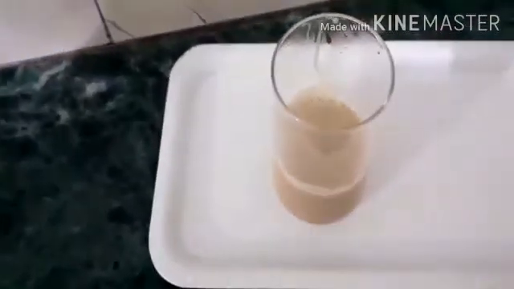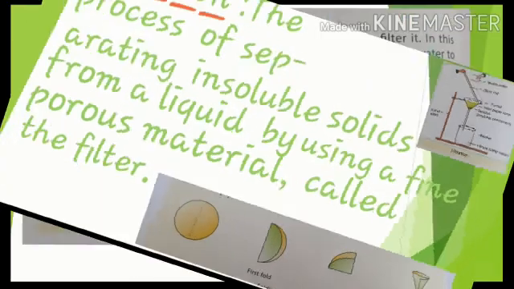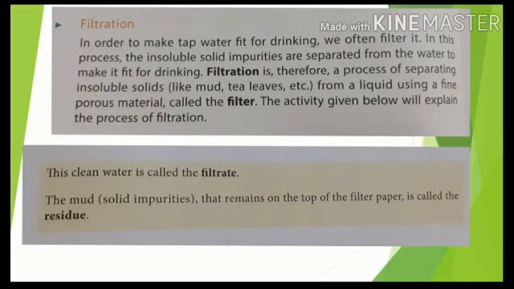In this way, with the help of this filter, this is the process of filtration, where the filter may be a strainer or simply a thin porous cloth. Filter papers are there in our lab. A picture is pasted for you showing how we can use that filter paper. First of all, what is filtration? The process of separating insoluble solids, which insoluble solid did we just remove from the tea? The tea leaves, from a liquid by using a porous material. This is the definition of filtration.